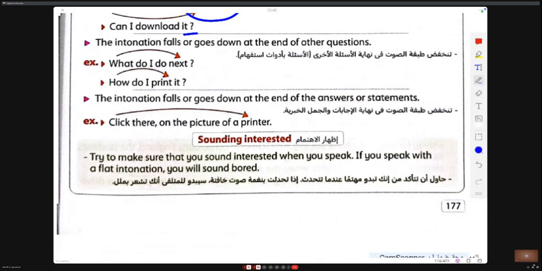For a question, I stress the end, or use it a little long. Where do you come from? I stress the word from as a question. When I answer, I stress the beginning and my voice goes down at the end.